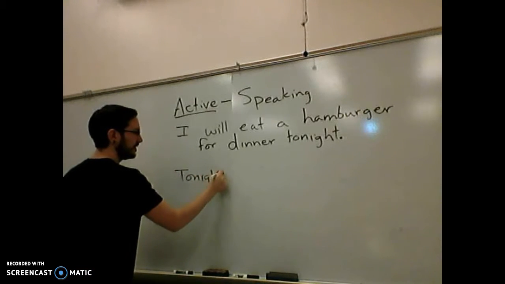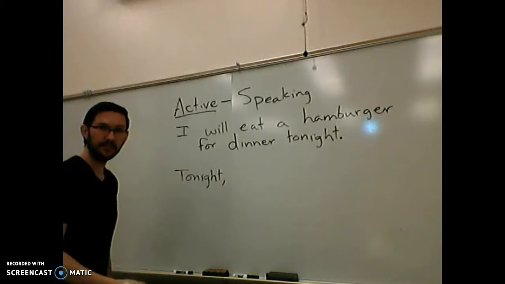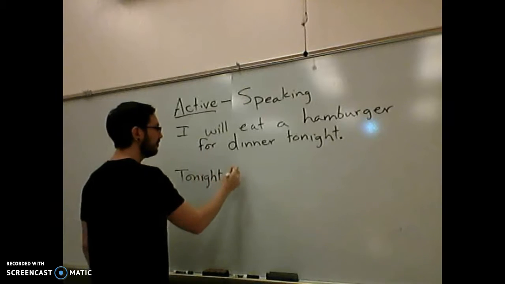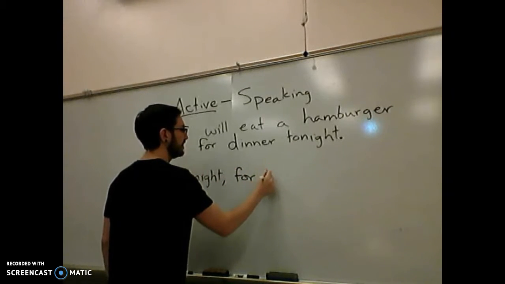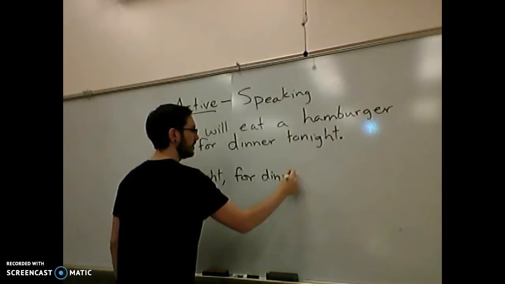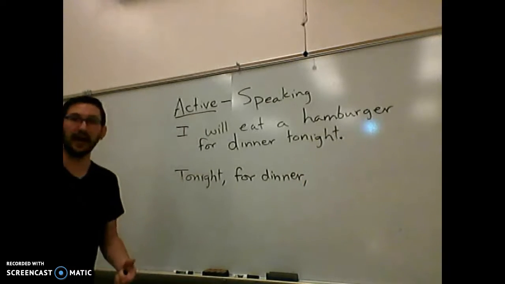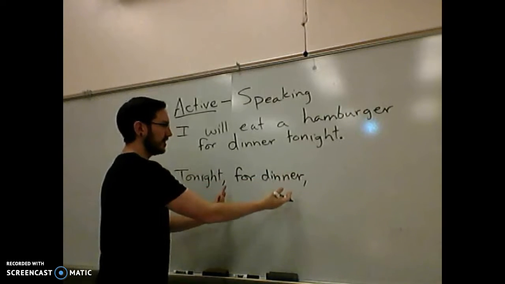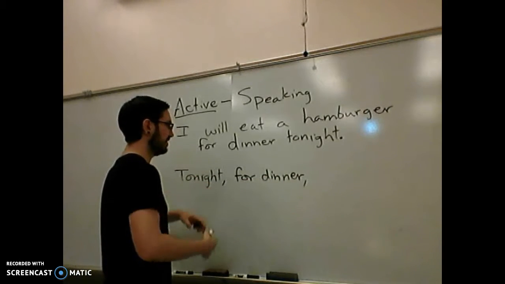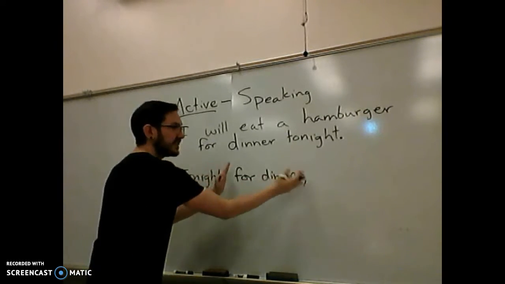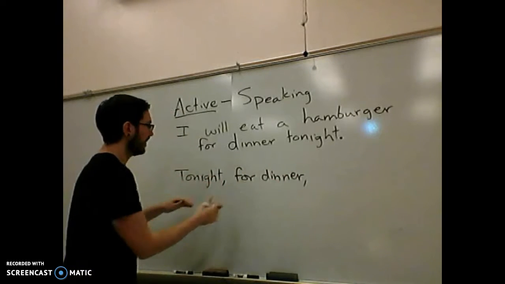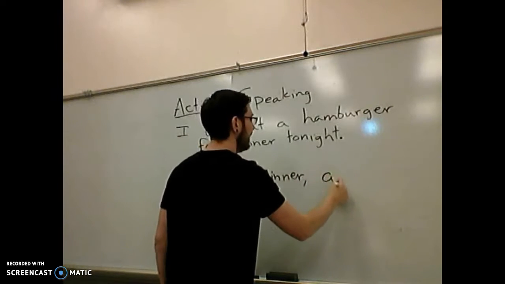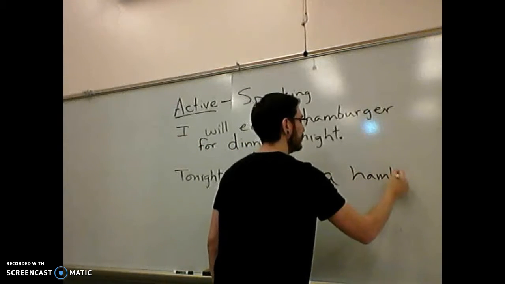Tonight, comma, because since we're reversing clauses, we're going to need these commas. So tonight, for dinner, comma. And as we know, when we're adding any type of clarifying clause, whether it's adverb, adjective, we need to set that off with commas on each side. So we've got tonight, for dinner, a hamburger,